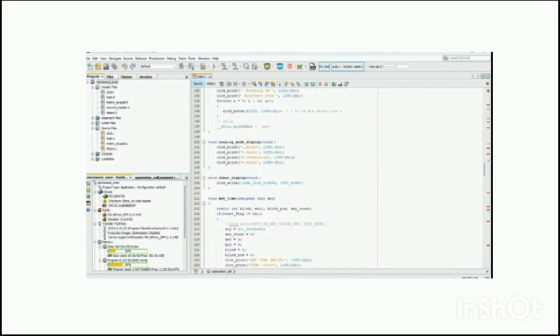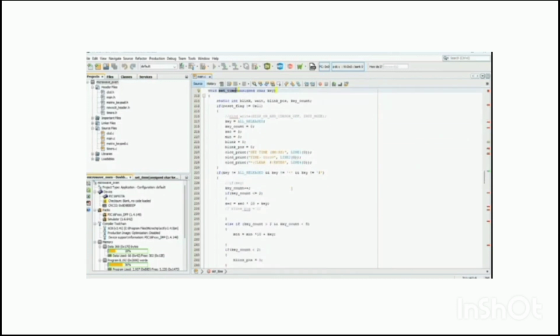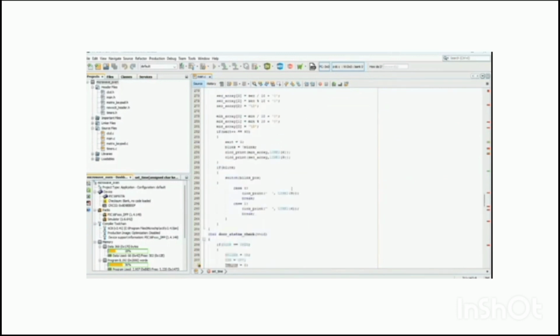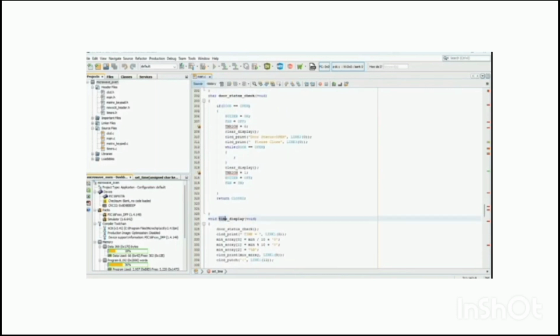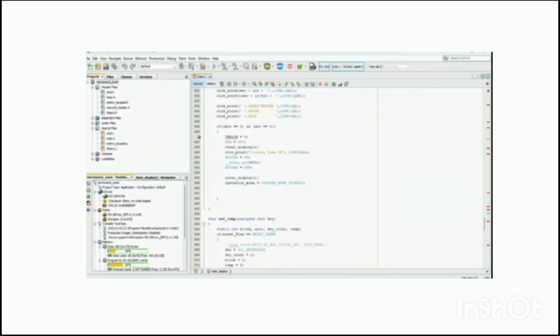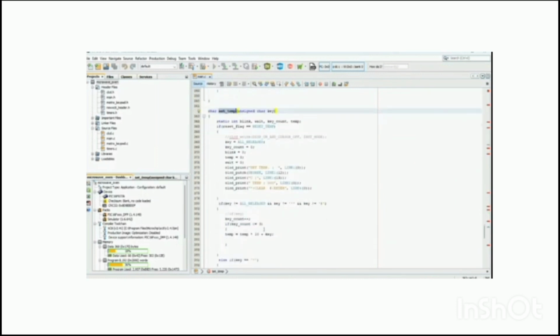And next is clear display, which is used to clear all the elements present in the LCD display, the CLCD, which can erase every character present in the LCD. And next is set time, which is basically a timer function that calculates the time between two events. And next is the door status function, and we have the delayed time display function, and we have set temperature, and here